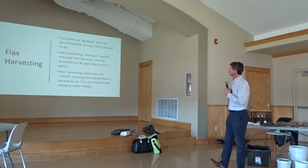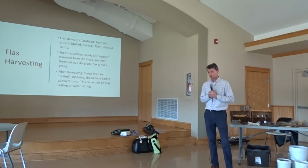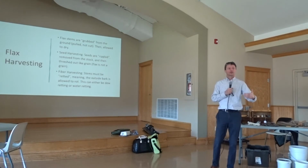Flax stems are grubbed, yeah. So, you know, I'd like to have a video, but I wasn't able to bring it, of the flax grubbers in Europe. These things move along at about 20 kilometers an hour and are grubbing 8 foot wide swaths of this, because when it ripens, you gotta grub it, and so they don't waste time. And